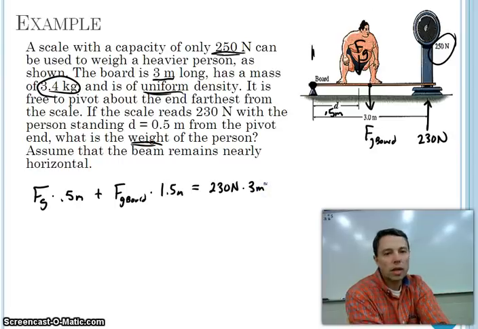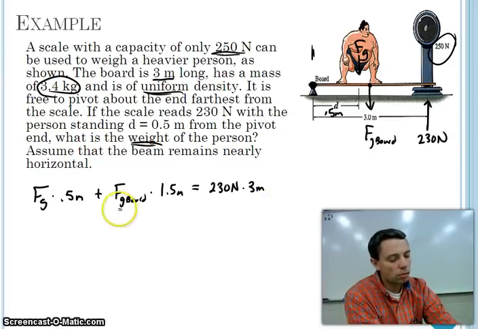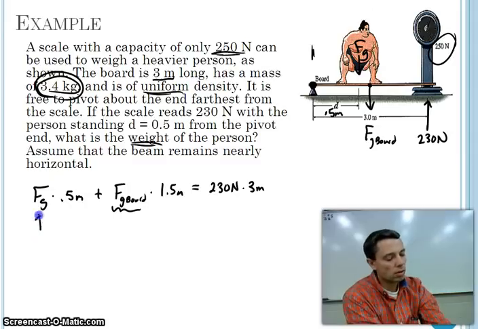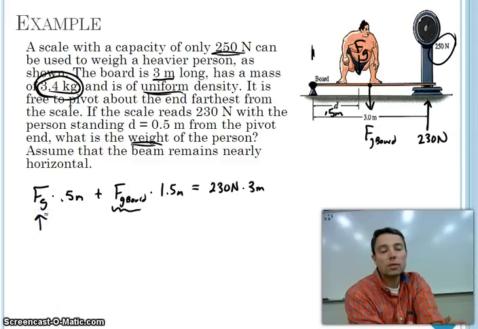And so you can actually set this up, and we have all the information necessary to make the FG of the board, because we know that it's 3.4 kilograms and that it's 9.8 meters per second squared, so we can solve that. We actually can solve for this value, and I'm going to leave that for you to do. So you can kind of check it. The answer, I think, should come out to be like